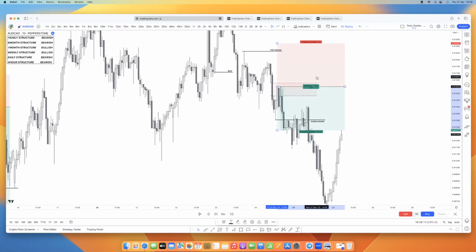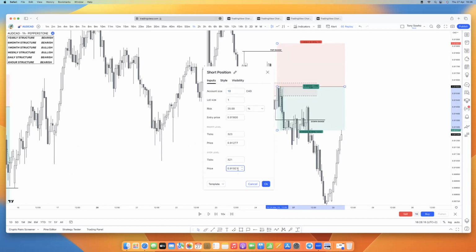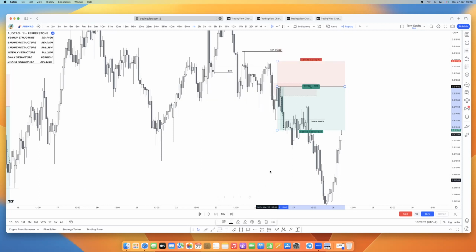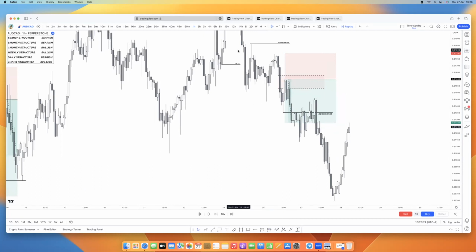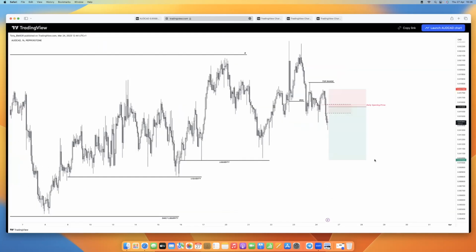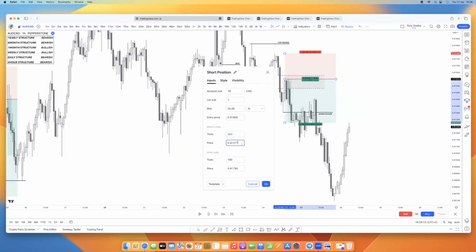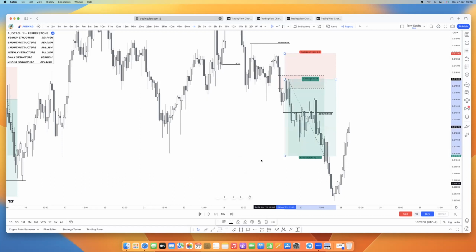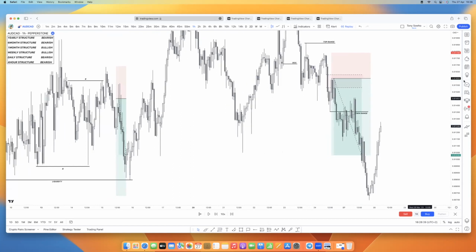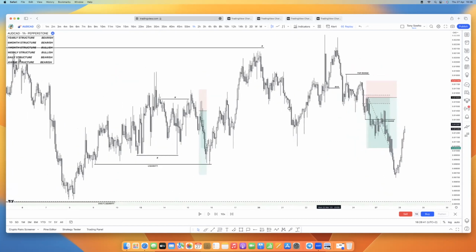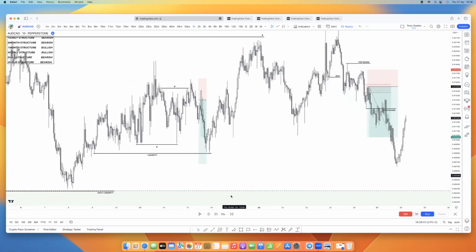91,790. That's about 19 pips stop loss, right? That's fair enough. And then my TP was at 91,030. That's 1 to 3. As you can see, now that the institutions allowed time to pass, they built more and more